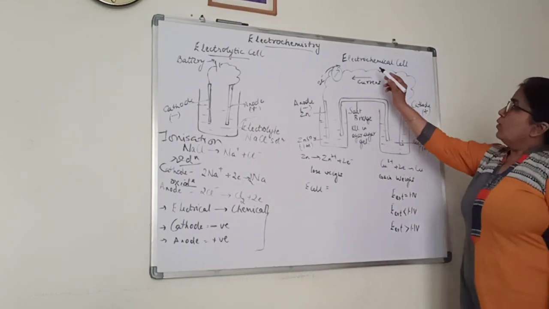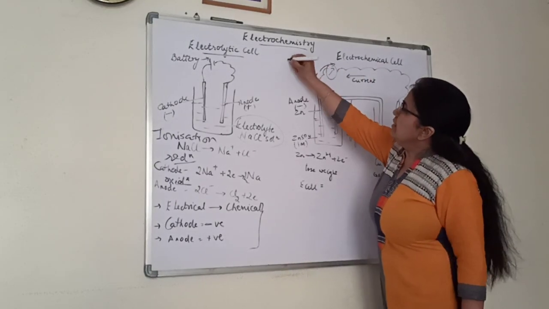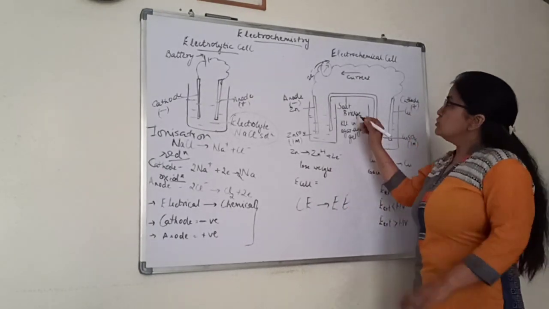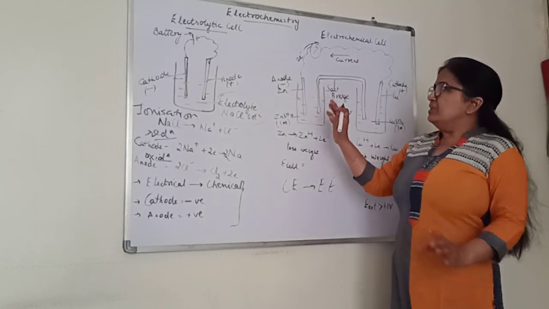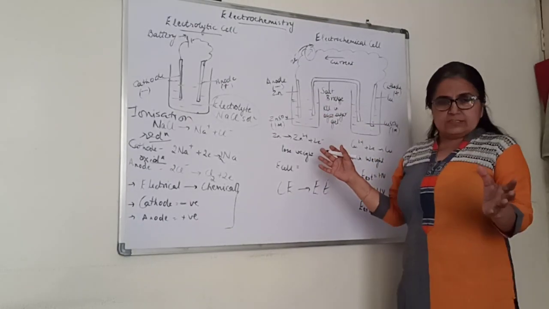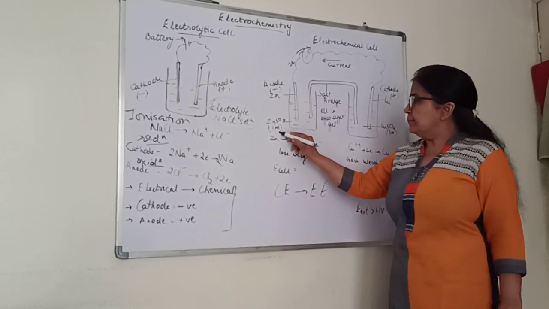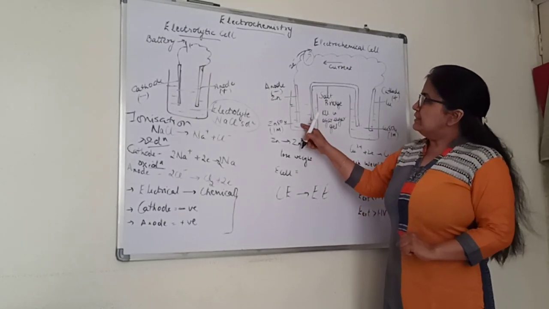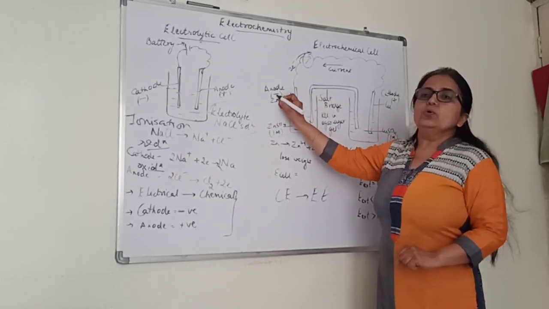Second is the electrochemical cell. Now, in the electrochemical cell, the chemical energy is converted to electrical energy. There is no battery in it. Chemical energy is converted to electrical energy. Now we will just understand the setup of this electrochemical cell first. There are two containers. In the first container we have taken zinc sulfate solution as electrolyte. 1 molar is the concentration of zinc sulfate solution that we have taken. And in this a zinc rod is immersed. Zinc is acting as anode in this.